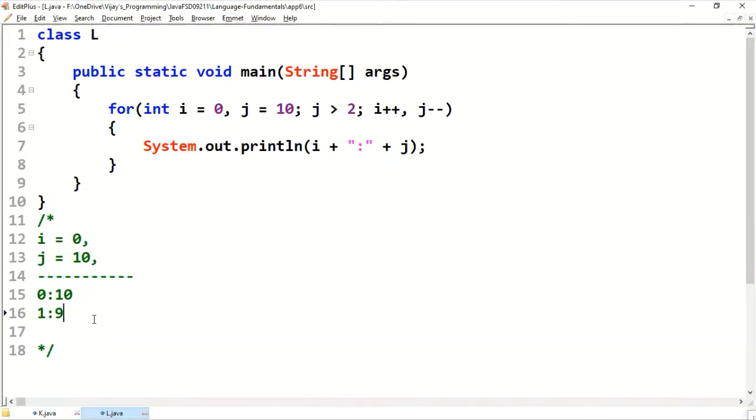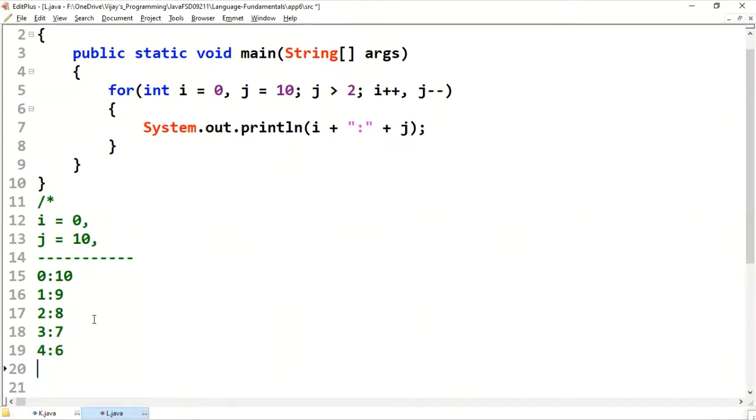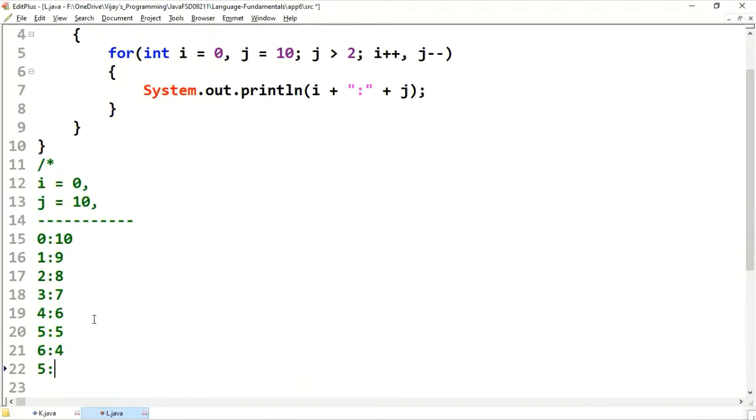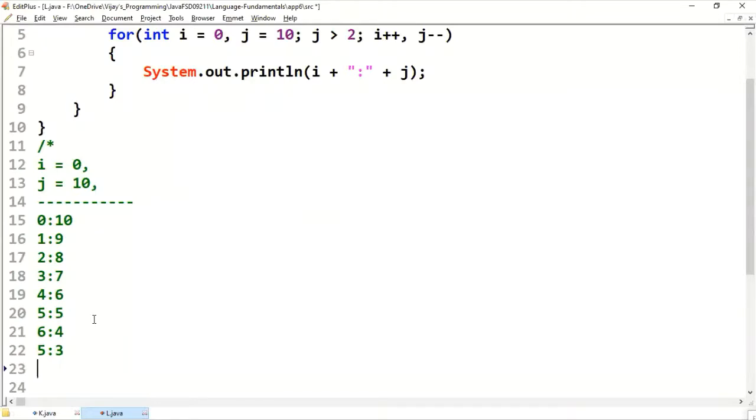That means 2:8, 3:7, 4:6, 5:5, 6:4, 5:3, 4, 2.